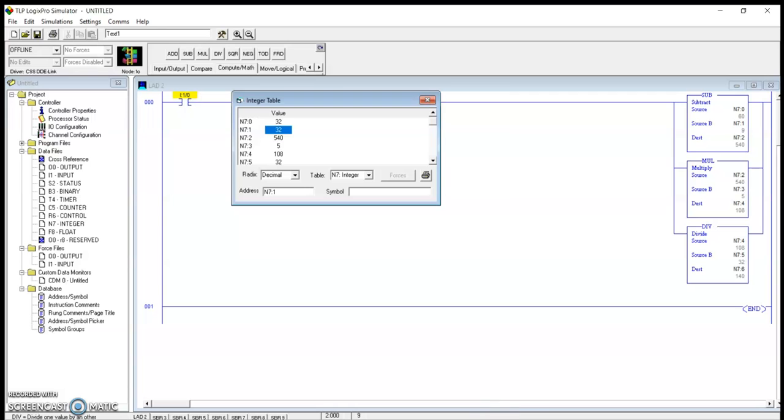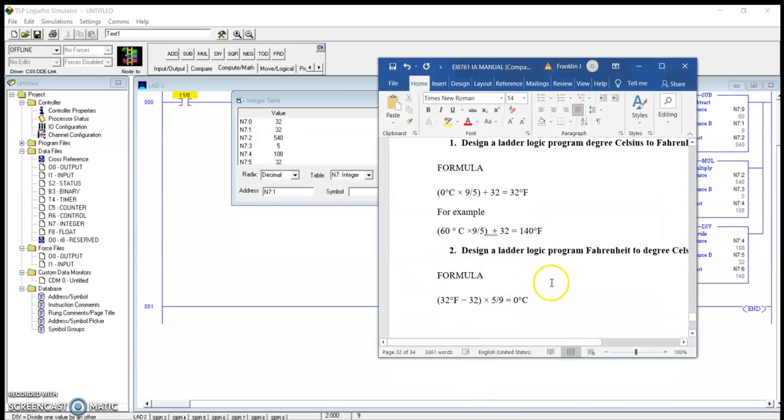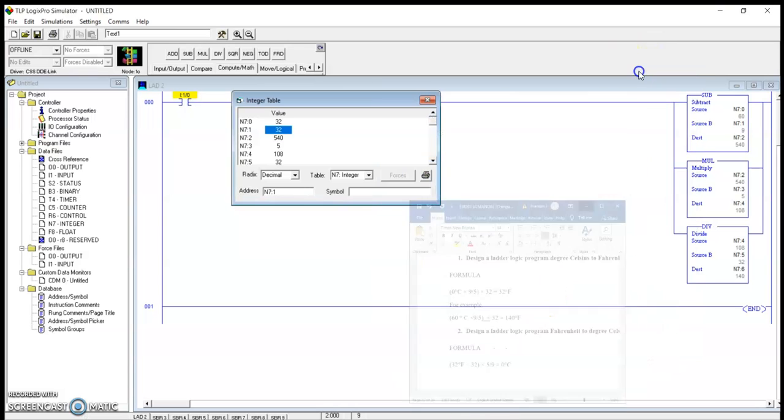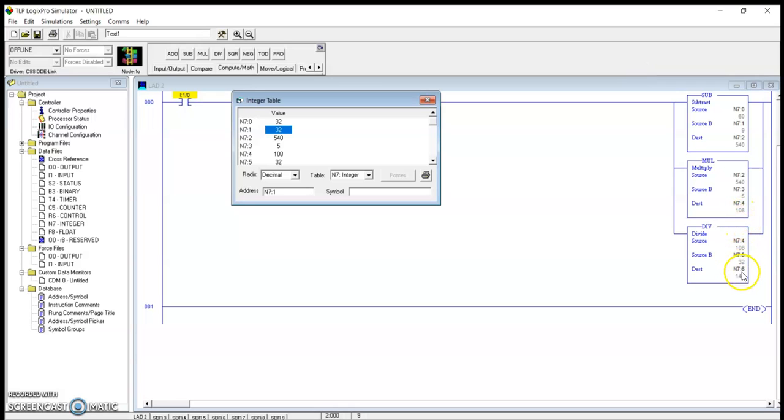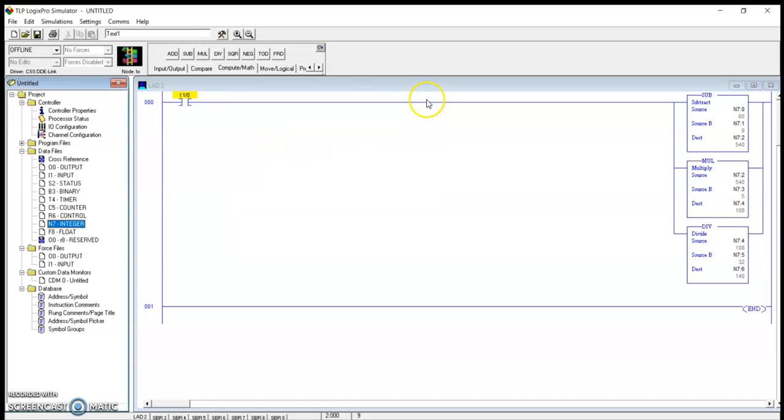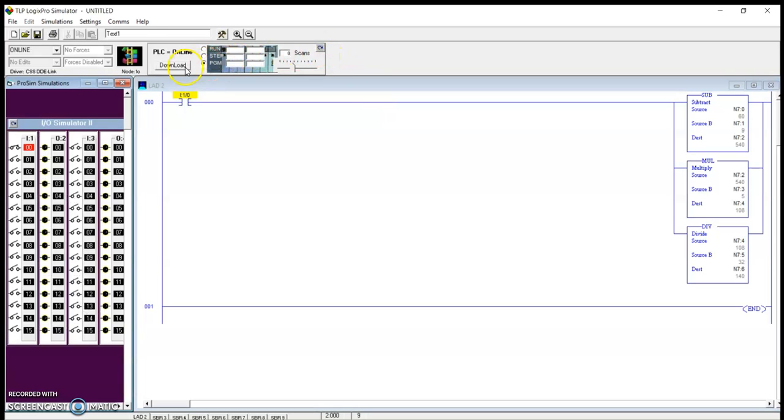Then it has to be multiplied by 5 and then divided by 9. That is N7:5 is 9. We have changed all the values. We will run and see. Download the program, run. Yeah, for 32 degree Fahrenheit, we are getting 0 degree centigrade as an output.